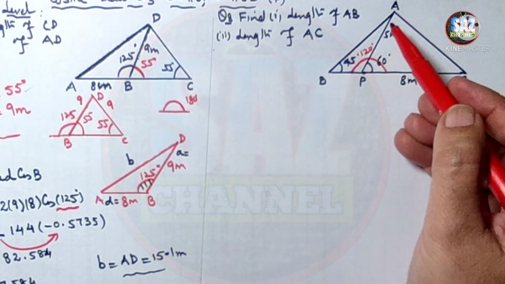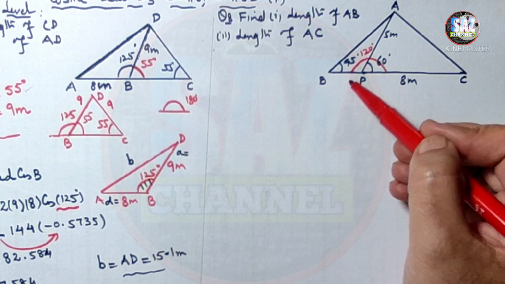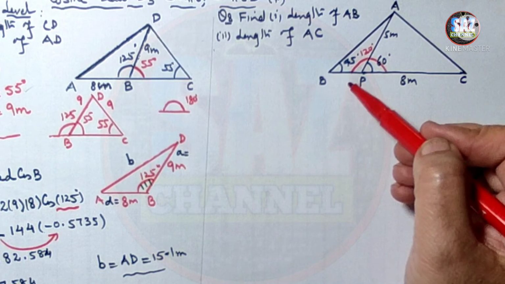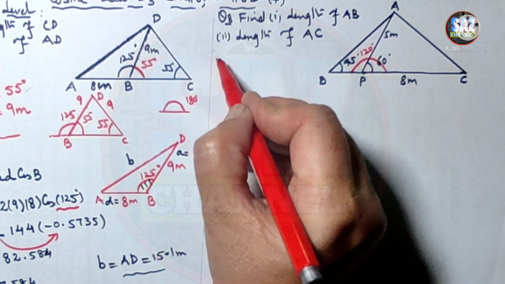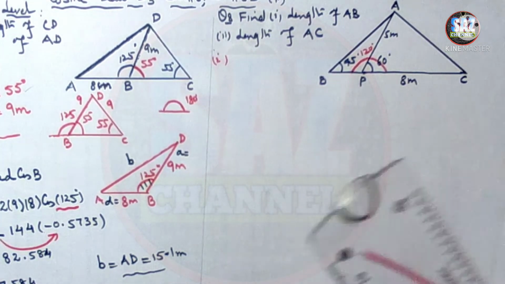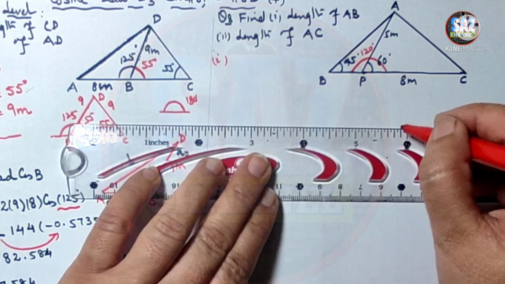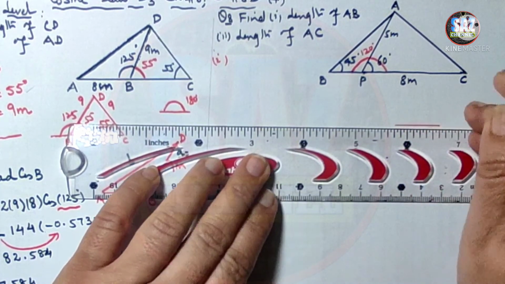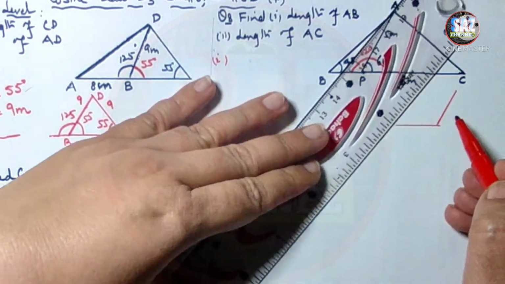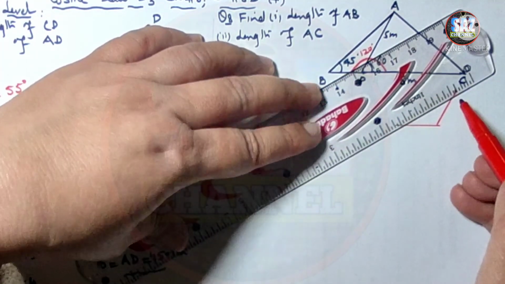If we want to apply cosine law, we have one side and one angle, but we do not have the other side, so cosine law cannot be applied in order to find AB. So what to do and how to get side AB? These are the questions that you also have to ask yourself before starting the question. Do not just start the question without thinking. Make a rough sketch of your diagram in the working space.